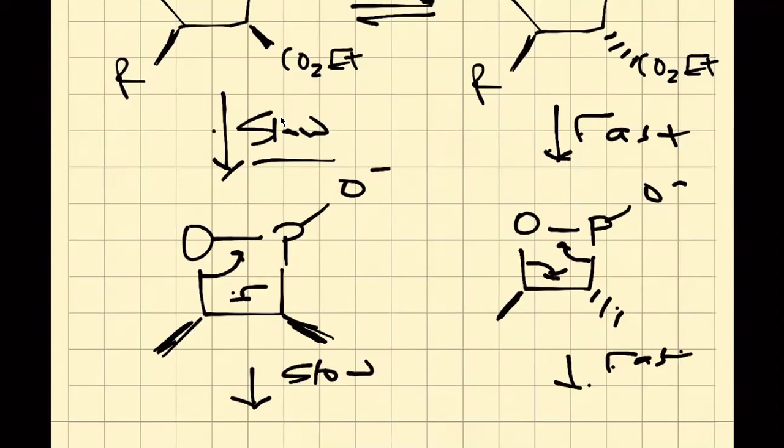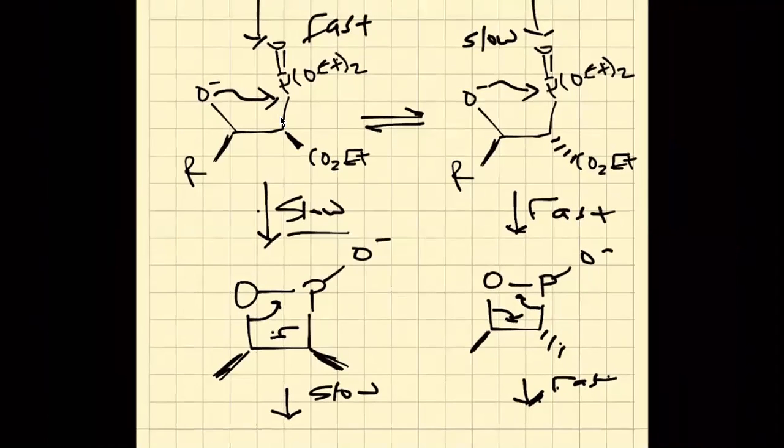So the oxaphosphetane cyclization part and the decomposition for the cis is slower than it is for the trans. All right, and so that's the explanation they give for the difference in the stereoselection for this particular type of ylide and this